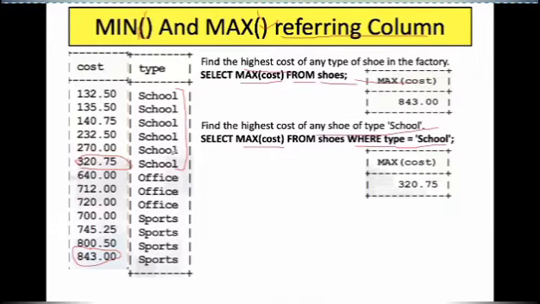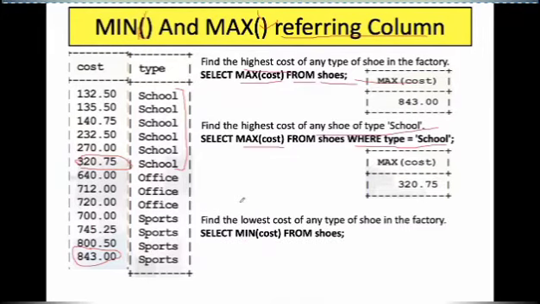Now the same it will do for minimum. The syntax remains the same. For the lowest cost, you will say min cost. So out of all this, the minimum is, I guess, 132.50. So instead of max here, what will be here? Min. The output will have min here.